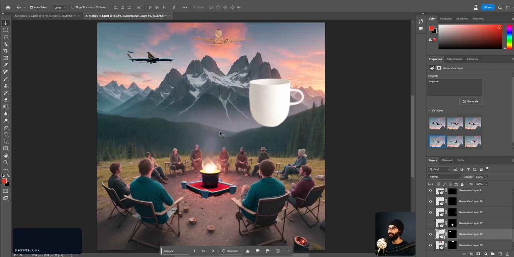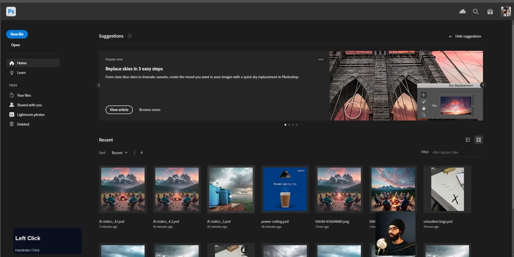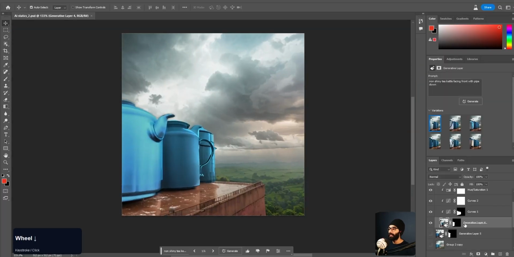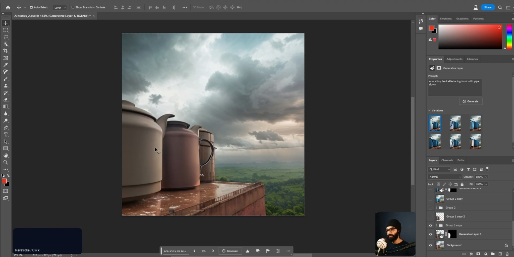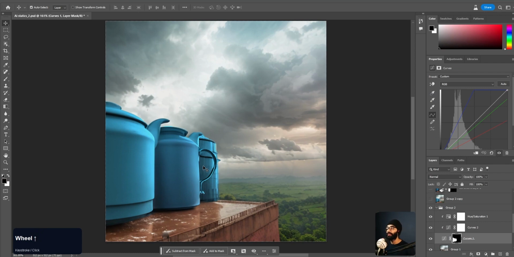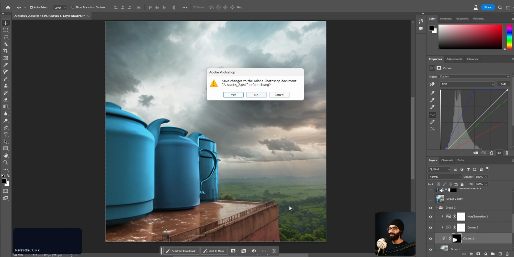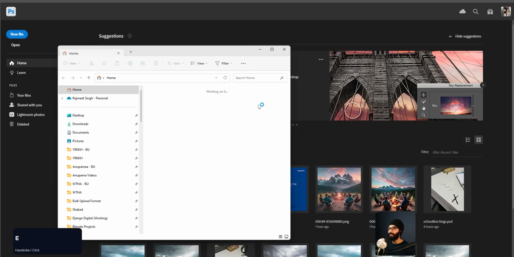That was about Photoshop generative fill, and that same technique I've used. I'm not going to save this. I'm going to take you to the other one that I made, again the same logic here. The original image that I got from Stable Diffusion was this, and then I did a bunch of generative fill commands on it, the exact same process to come till here. And then Photoshop basic stuff like hue, saturation, and curves to make this blue color. Although I figured out an easier way to change the color of things now: just use a solid color and change its blending mode, but I don't know why I was doing hue, saturation, curves. Anyway,